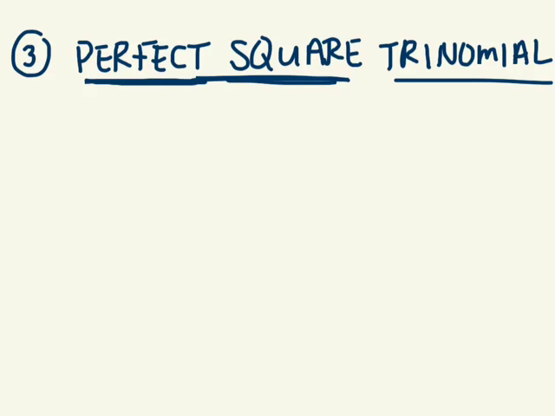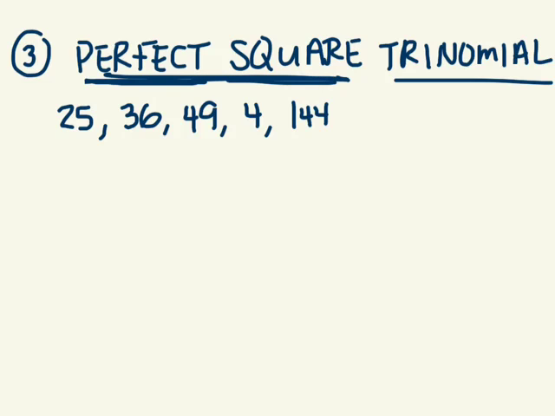So can you give me an example of a perfect square? 25, good. 25 is a perfect square. Why? What's the square root of 25? Good. Another perfect square is 36. 49. 4. 144. Good. So a perfect square trinomial means that the first term, I want you guys to copy this down,